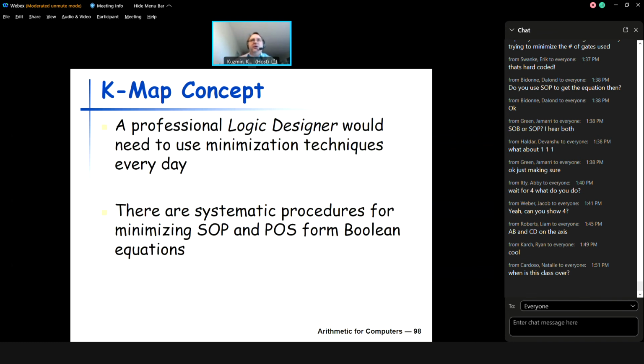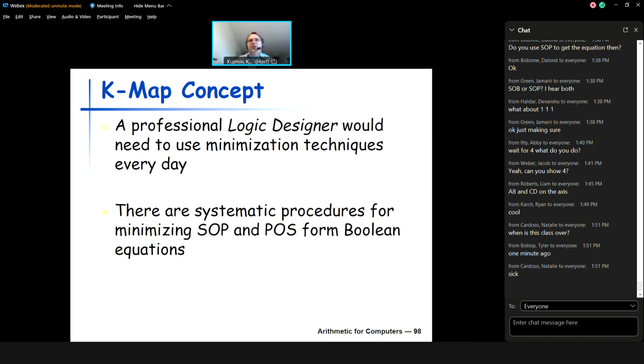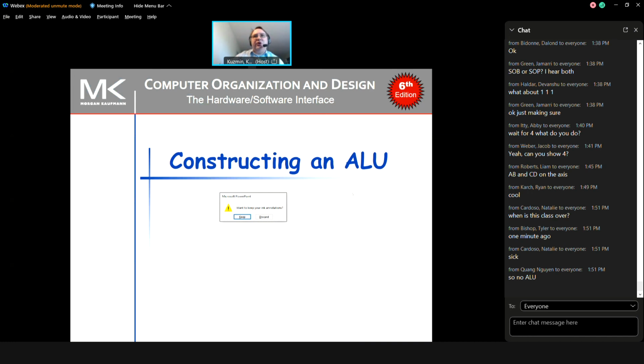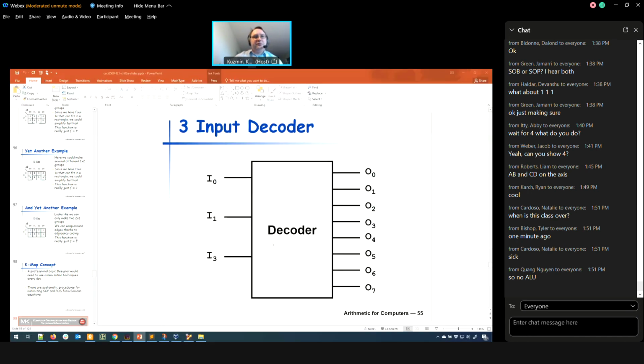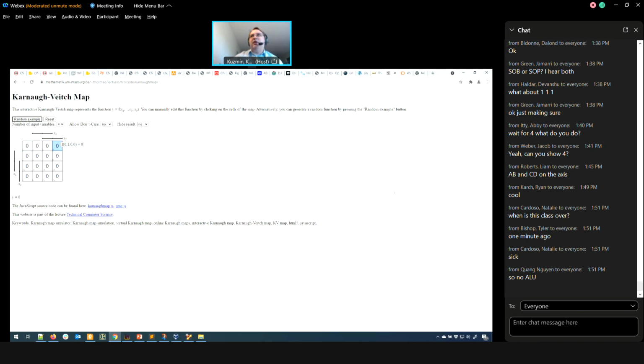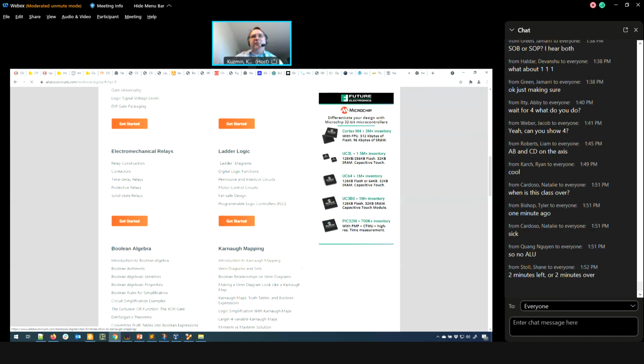Okay, so as we mentioned, this K-map concept is only for a relatively small number of variables. 4 or 5 is probably the limit, and there are other methods for more variables, right? And most of them cannot be done manually. All right, and then we have 2 minutes left, so let me show you how you can do 4 and more variables. And I have a very good resource that I personally like very much to show you. It's allaboutcircuits.com. And here if we look at their examples,